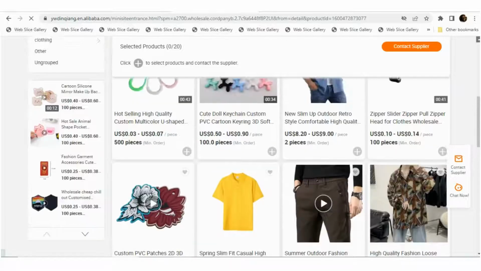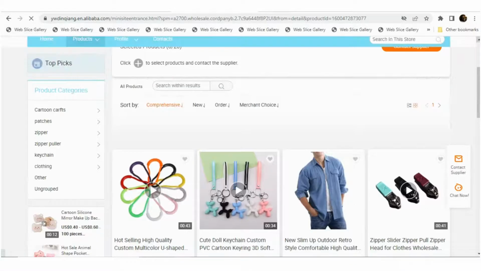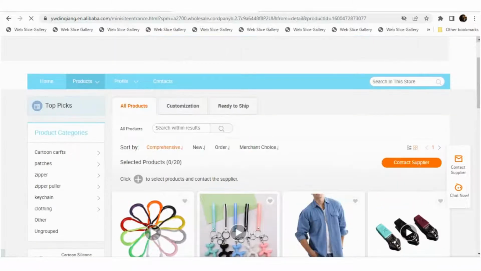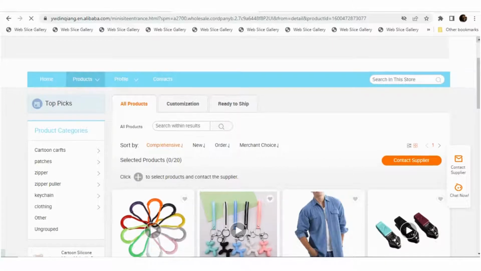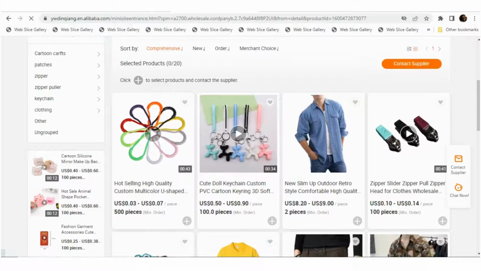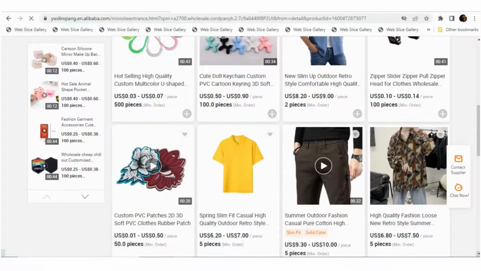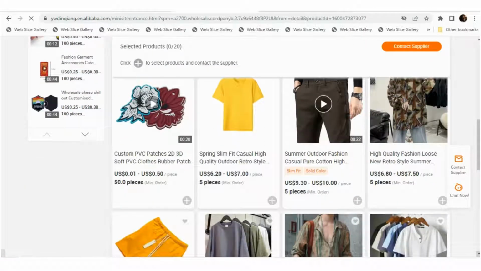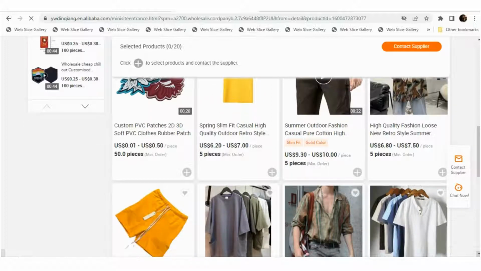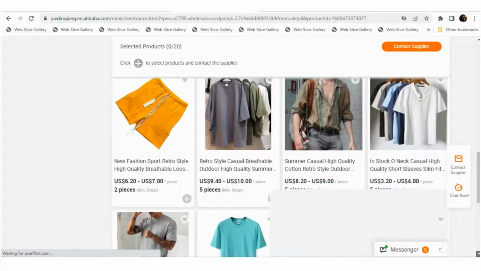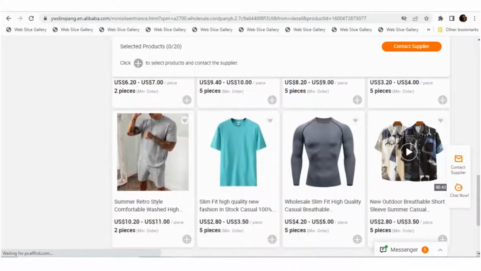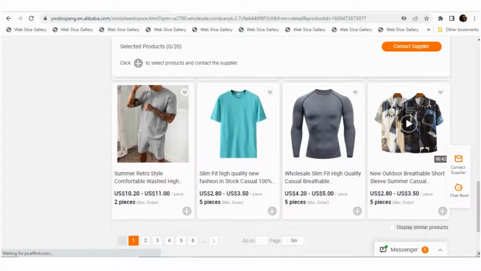the very same supplier. Most of the time, if the supplier is a manufacturer, they have products which are aligned, which are sort of in the same category. For example, if it's clothing, they'll have different types of clothing only. And if they are distributors, they'll have a wider variety of products. Maybe they'll have shoes, they'll have hats, they'll have phone cases, they'll have handbags in the same page of